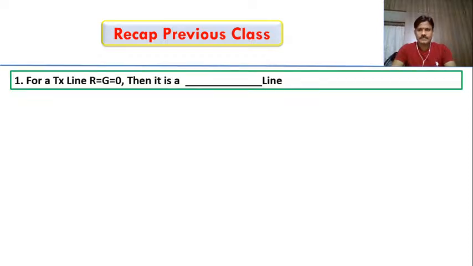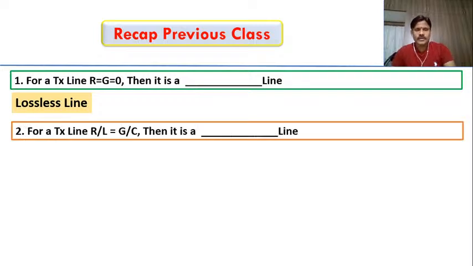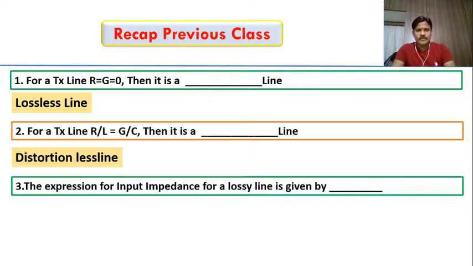Yes, coming to the answers. First one: for a transmission line R equals G equals 0, then it is, you know very well, resistance and conductance are 0, so it is a lossless line. Answer is lossless line. Next, second one: for a transmission line R by L equals G by C, then it is a distortionless line. Yes. Next, third one: the expression for input impedance for a lossy line is given by, for a lossy line,